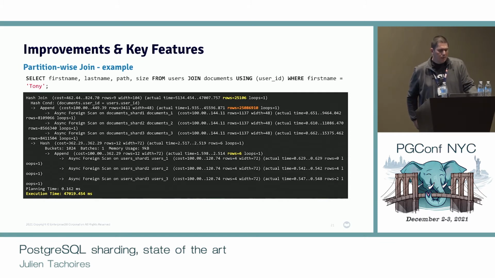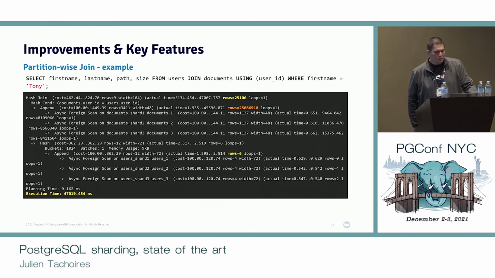So let's take a look at the following example. In this case, we want to list all the documents attached to users with a first name equal to Tony by executing the following query on the coordinator database. If we take a look at the execution plan, we can see that